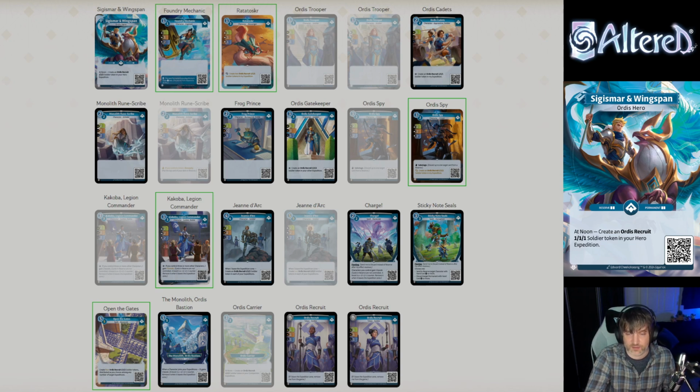Spy. This rare Ordis Spy is basically being chosen over rare Jeanne d'Arc as extra token generation for your rare upgrades. I'm thinking this is because 5 cost Jeanne and 5 cost Open the Gates are both 5 costs. Our monolith is 5 costs. I think that's probably too much 5 cost stuff to be doing with a straight face. I think you're probably running either the rare Jeanne or the Open the Gates, and I wanted to pick Open the Gates here. And then once we have Open the Gates and Koba and the 2 1-drops,